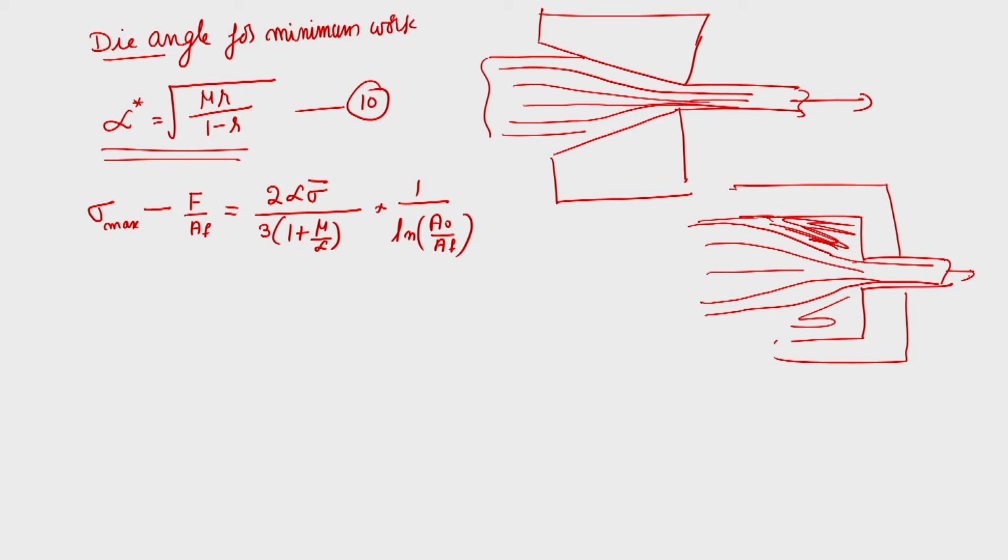Okay. So, this is the excess stress on the center line above that required for drawing. That is given by the difference between the maximum center line stress and the average draw stress required. See, this differential stress across the cross section: at the center, the deformation is very large and tensile strain is taking place, whereas at the outer surface the stress is very less. So, it will try to compact, but the center is trying to deform more.